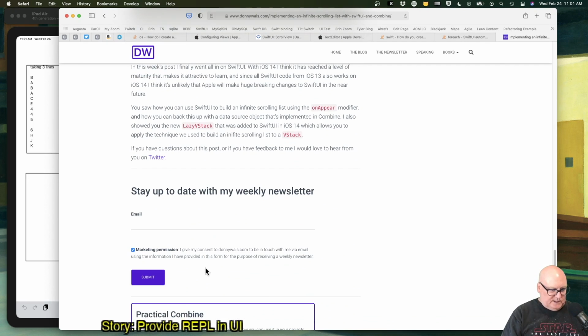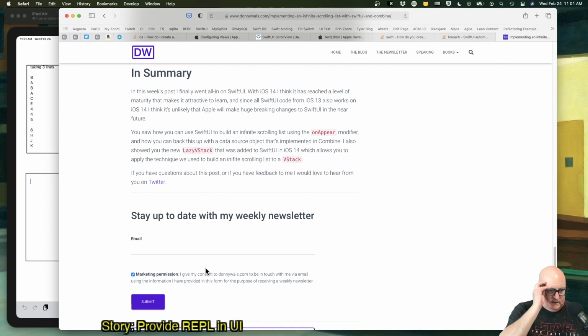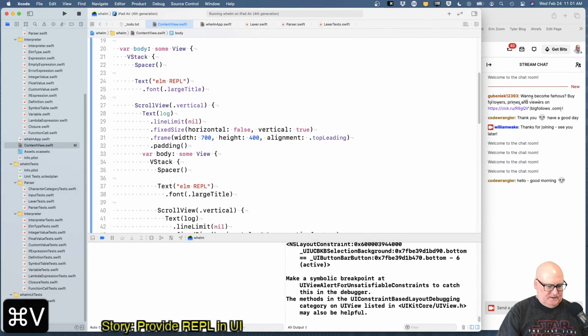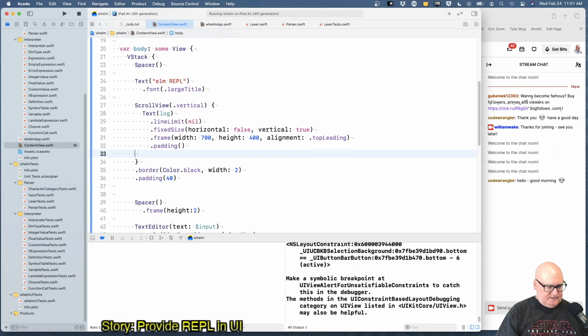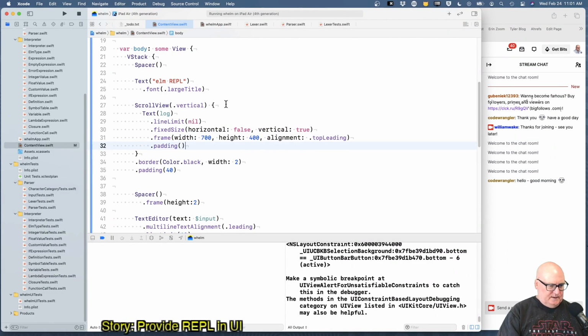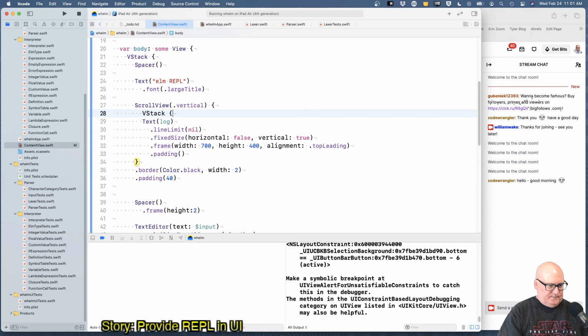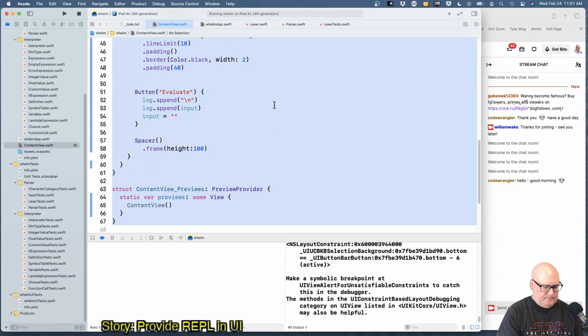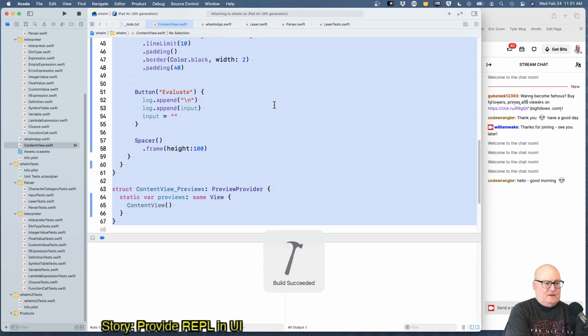I mean, a REPL doesn't need a ton. I mean, it may be hundreds of lines, but probably not thousands or millions. What was that? Whoops. Oh, a V-stack in here. So I think,